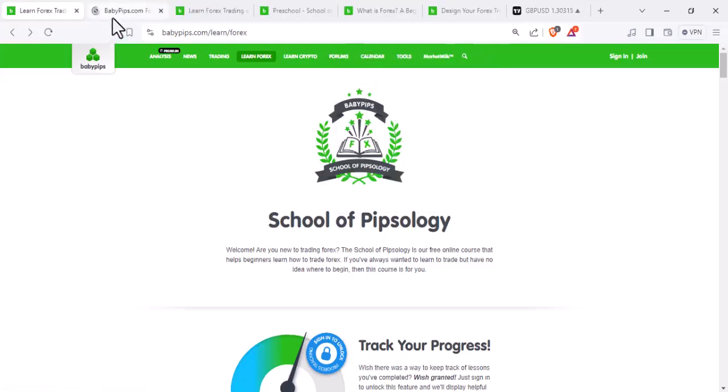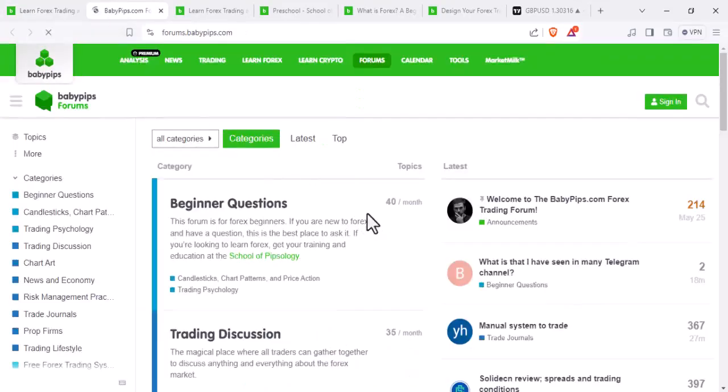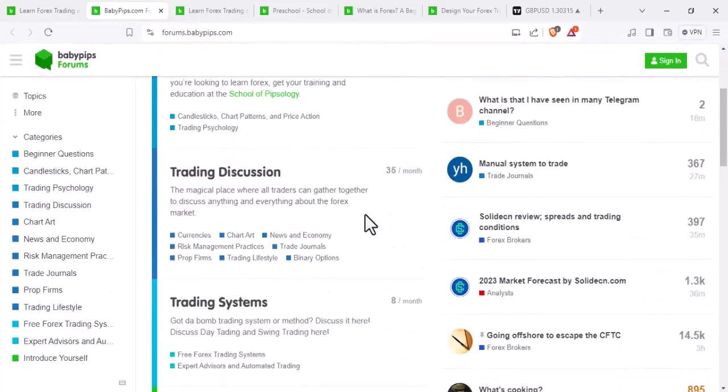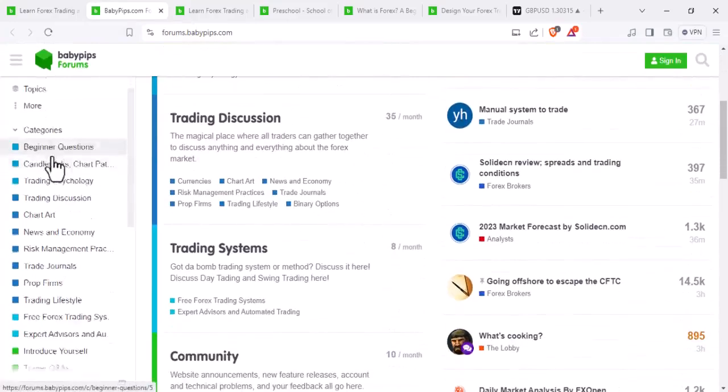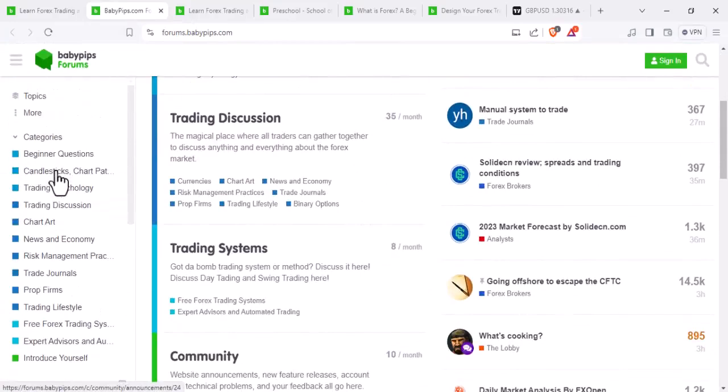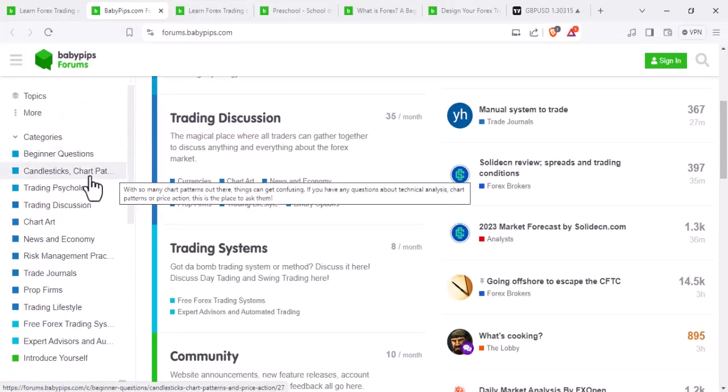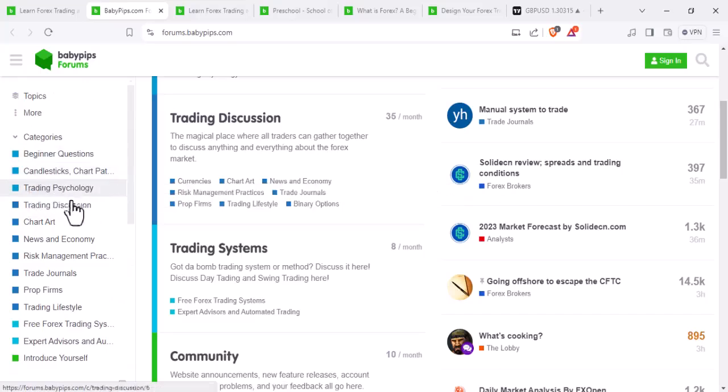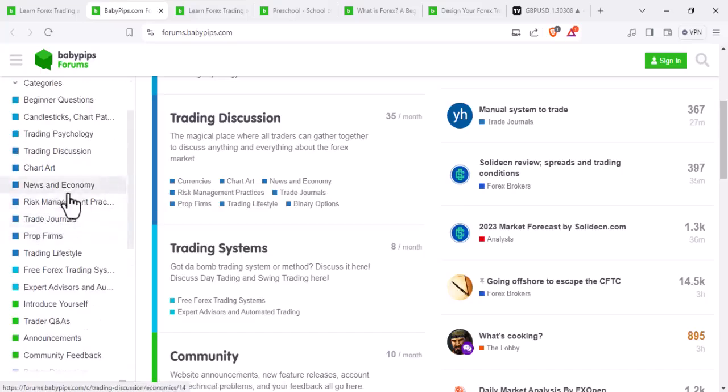I'm opening it in another tab. And it will open the forum page for you, and you can see lots of topics here that are also covered here. For instance, beginner questions, candlestick and chart patterns, trading psychology, trading discussion, chart art, news and economy,